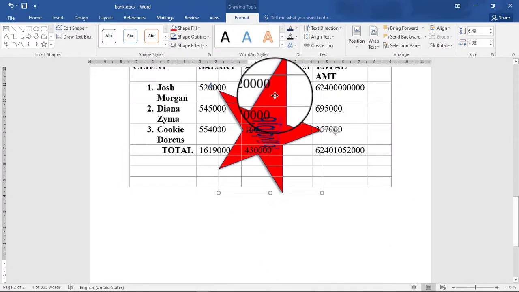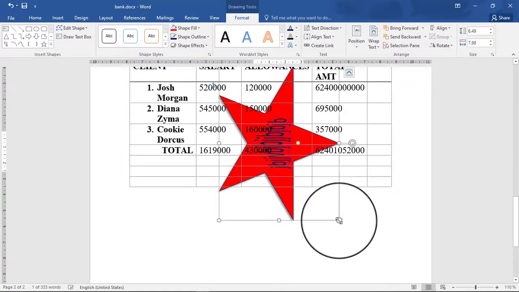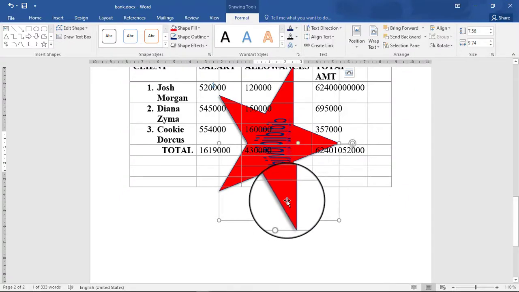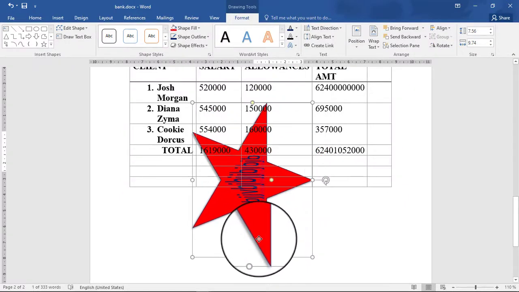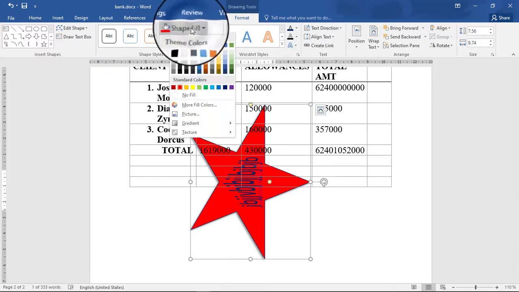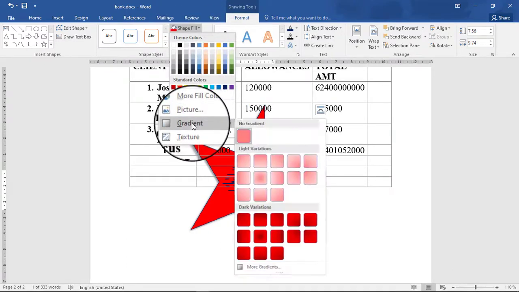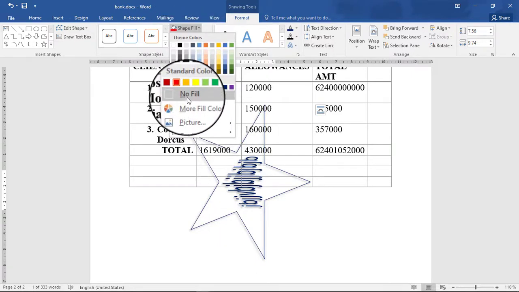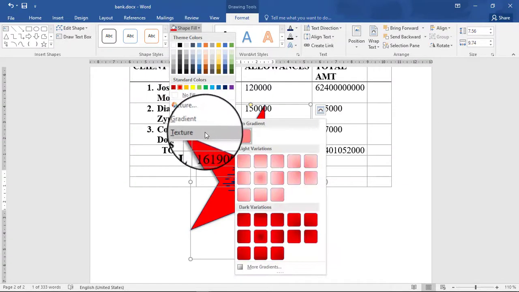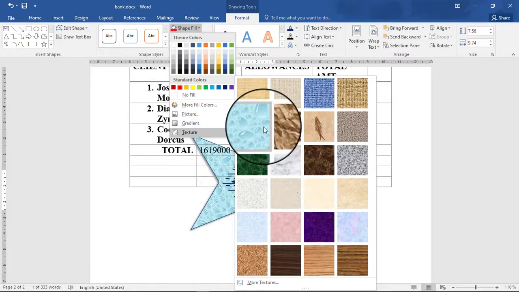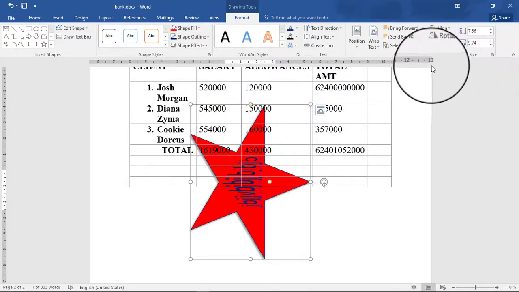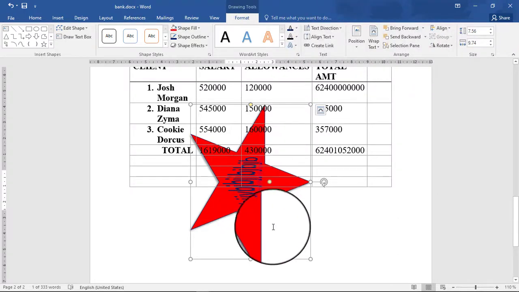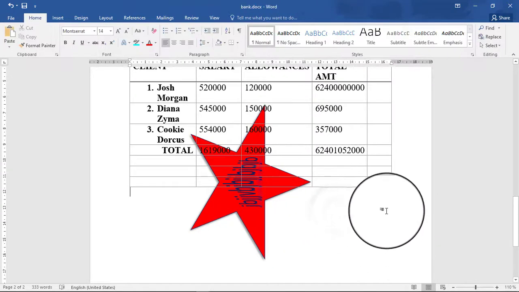You can even change the opacity, the transparency. You can change it to be transparent. You select it, you go to fill, then you move to, are you seeing? No color, no fill, means you don't want a color in that image. The texture, if you want it as texture, anything, you can change anything here. So maybe that's it with shapes.